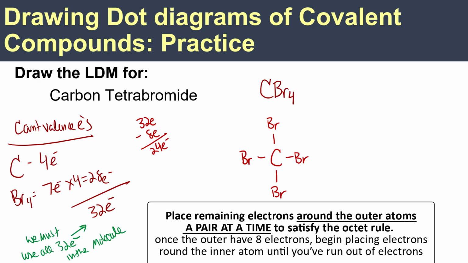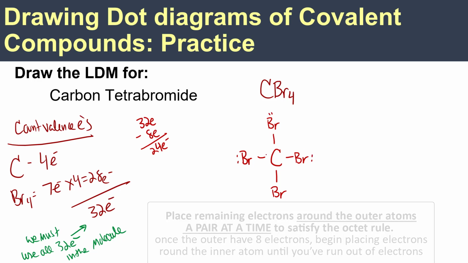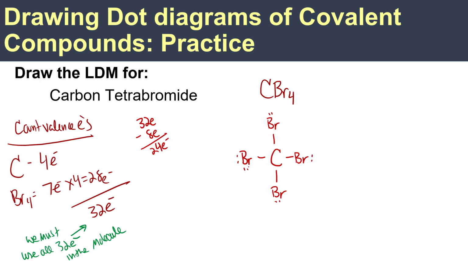Once all the electron domains around the outer atoms are filled, now you can move to the inner atom. And in this case, we never will move to the inner atom because our carbon on the inside already has 8 electrons. So let's see if we can use up all 24 electrons. We're going to do it a pair at a time. 2, 4, 6, 8, 10, 12, 14, 16, 18, 20, 22, and 24 finishes my electrons from the electron bank,